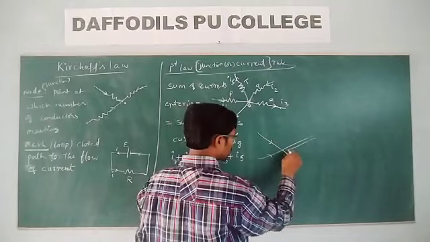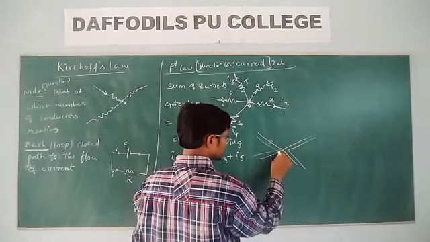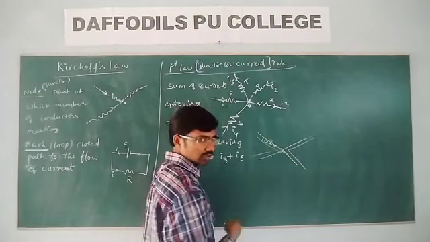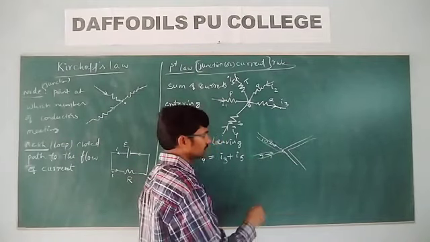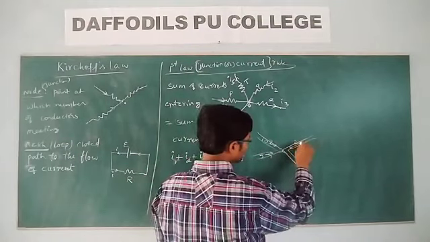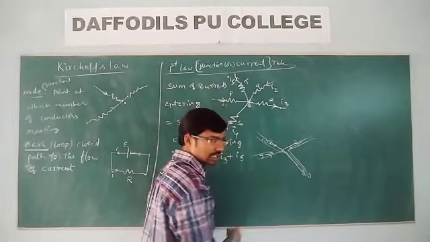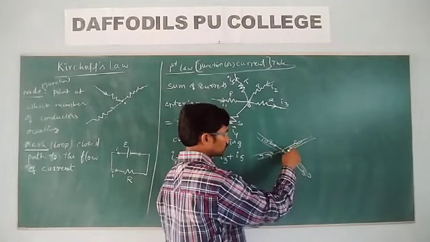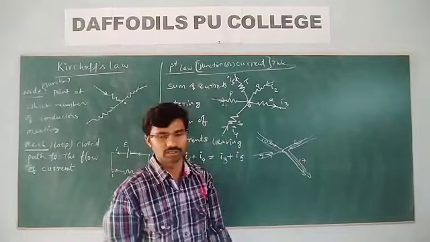Here there are four roads at this junction. Let us say 10 members are coming towards this junction, 5 members are coming towards it, and 2 members are coming towards it. Then how many members move away from this junction? Look at this: 10, 15 and 2, that is 17. So 17 members are moving away from it.